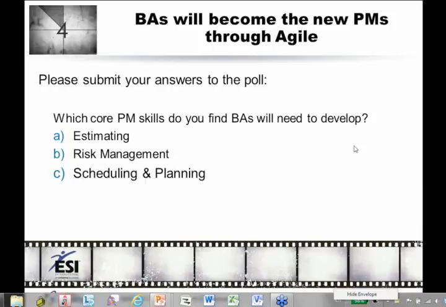Since the BA's core strengths are gathering, analyzing, and eliciting requirements, that whole requirements management and development process, organizations as a whole, as they start to transform and adopt Agile, are going to realize that even if people don't have the title BA, that BA skill set needs to be adopted across the organization to be successful at delivering any Agile project or to even function at a more mature level as an Agile organization, to prioritize their funding and their business decisions based off of Agile's practices. This is really going to require a lot of people to have the skill sets that we as BAs now proudly tout